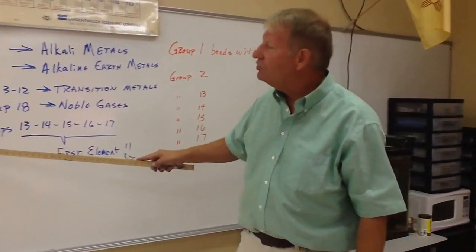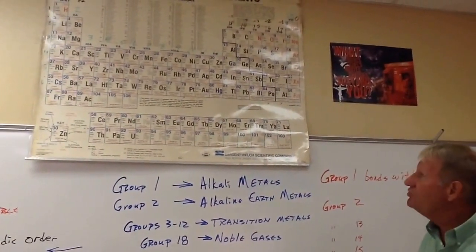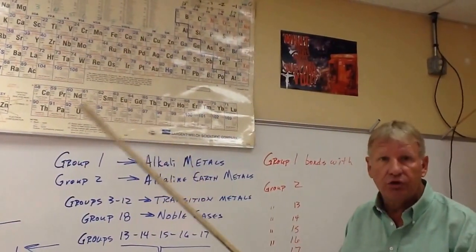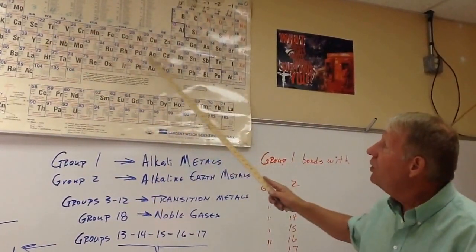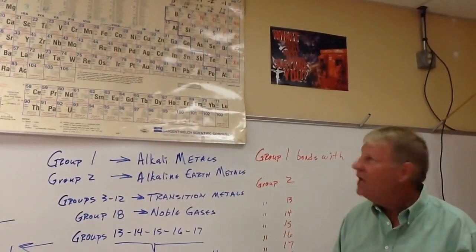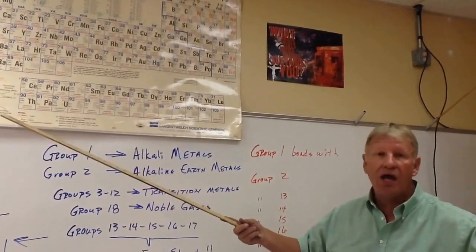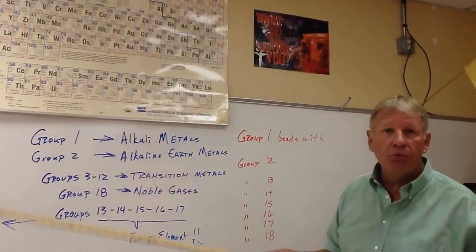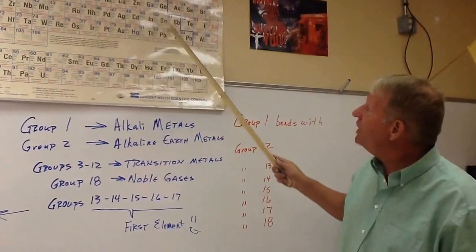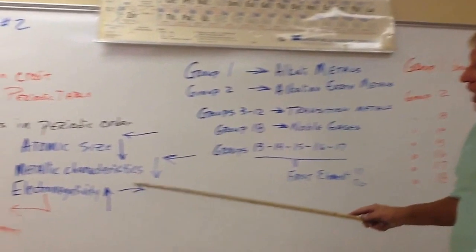So the metallic characteristics, once again, over and down. Now you say, well, how do I know all that? Well, it's really amazing because of the way the atoms orient themselves, as well as the nucleus with the neutrons and the protons, we find these periodic trends. We find things we didn't even know about, and the periodic trends tend to be true. Isn't that amazing? This chart was up all the time that you're in junior high and high school, but you've never really used it like you're going to use it, and we're fixing to use it. So metallic characteristics, we can tell everything about if it's more ductile, more malleable. Now the next one we're going to talk about is the